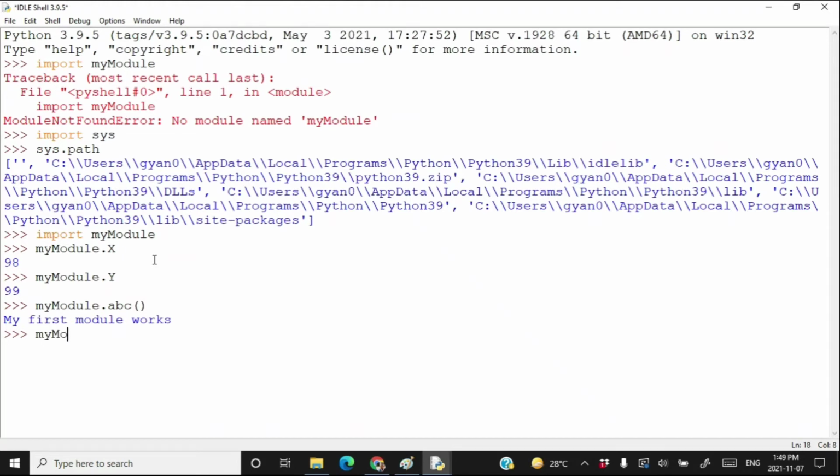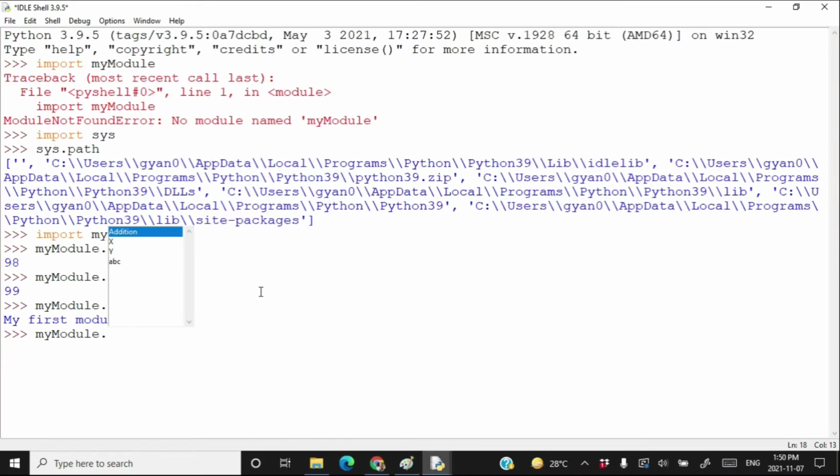Type mymodule dot. As you can see here, your IDE is suggesting what to call. There are 4 members in that module: x, y, addition and abc. It is suggesting which one to select.